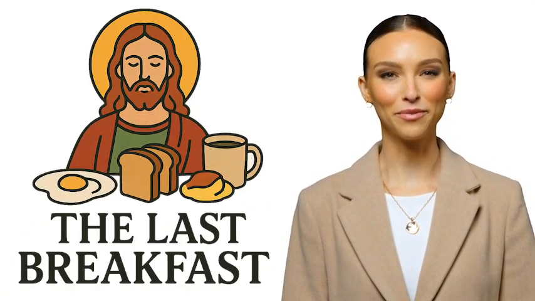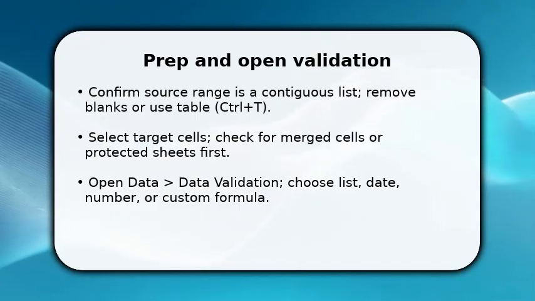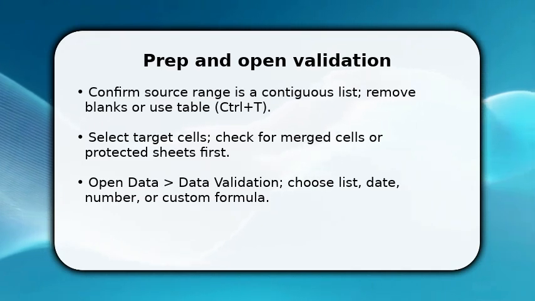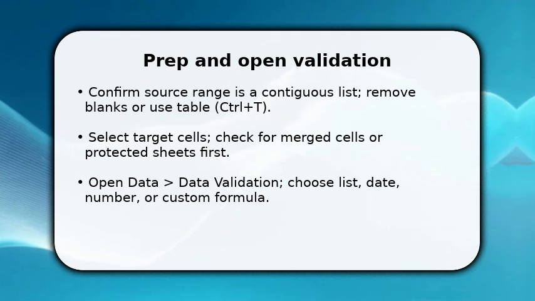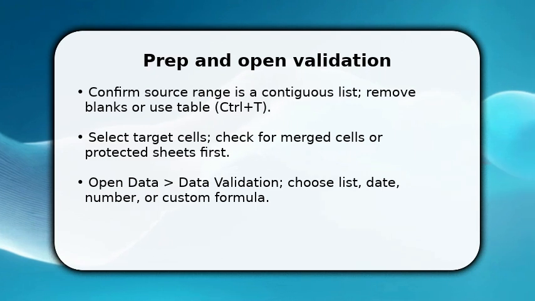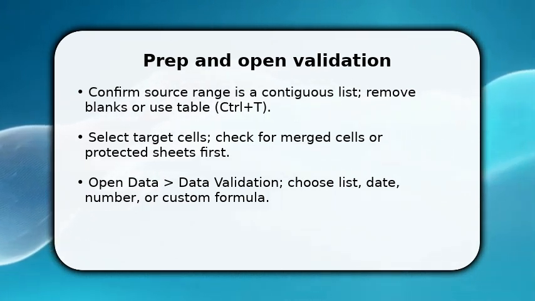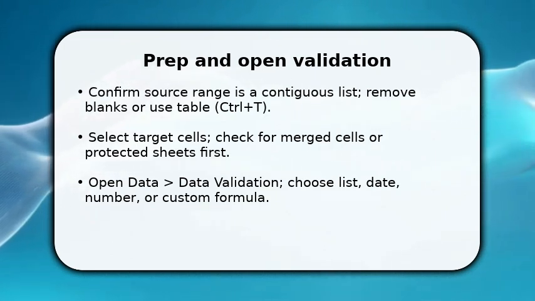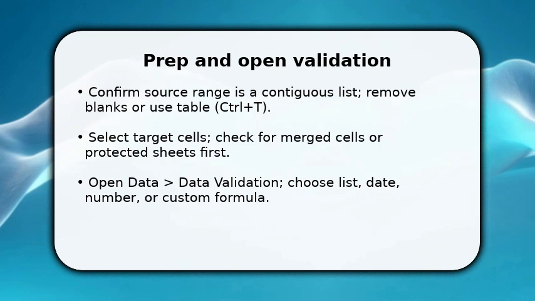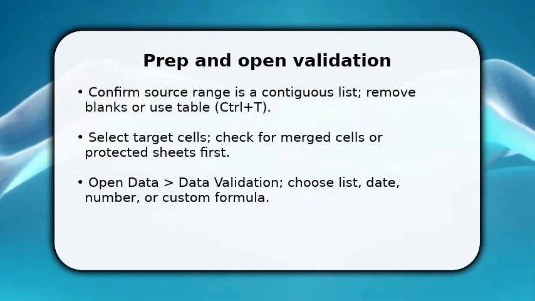Please enjoy the video. You start by making the source list reliable. Remove empty rows, convert to a table, and ensure contiguous cells. Once done, select the exact target range and verify no merged or protected cells block changes. Then open data validation and pick the validation type that matches your need: list, date, whole number, or custom formula. I'll tell you why: accurate source and clean targets prevent false rejections and broken dropdowns, so don't skip these first